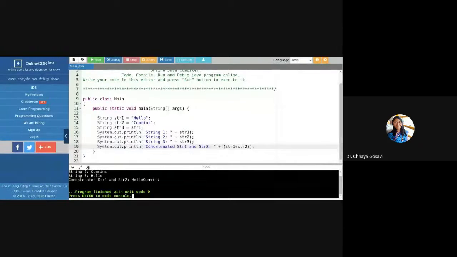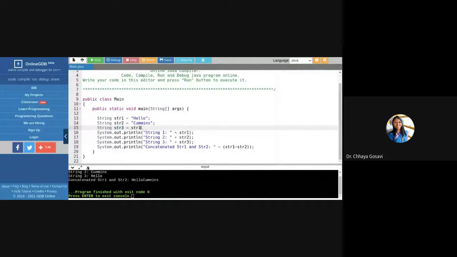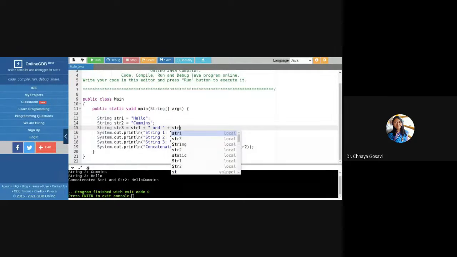Instead of creating str3 with str1 plus, here we'll give and with a space, plus str2, and I'll just comment this part.